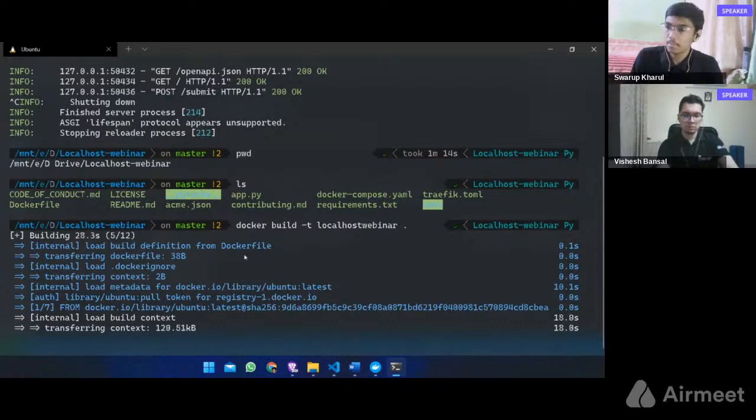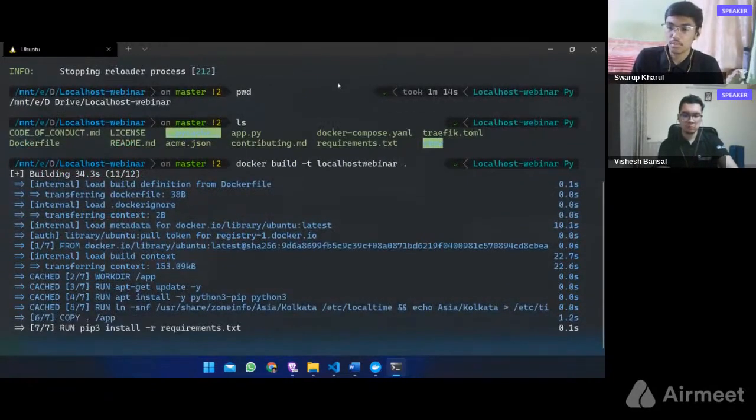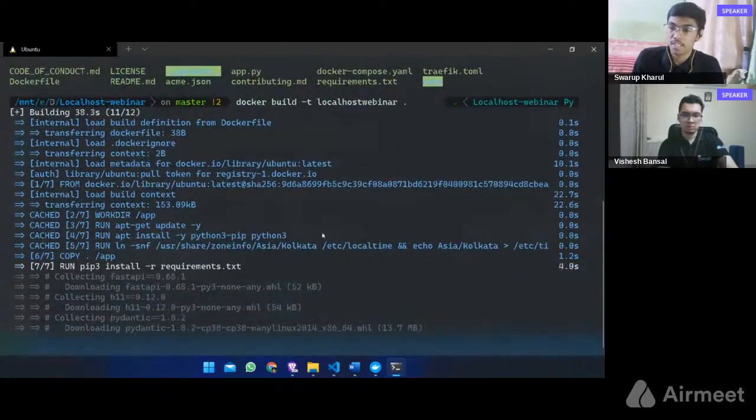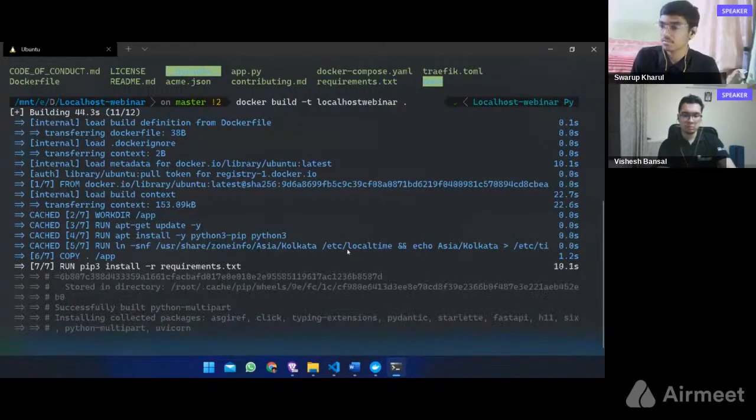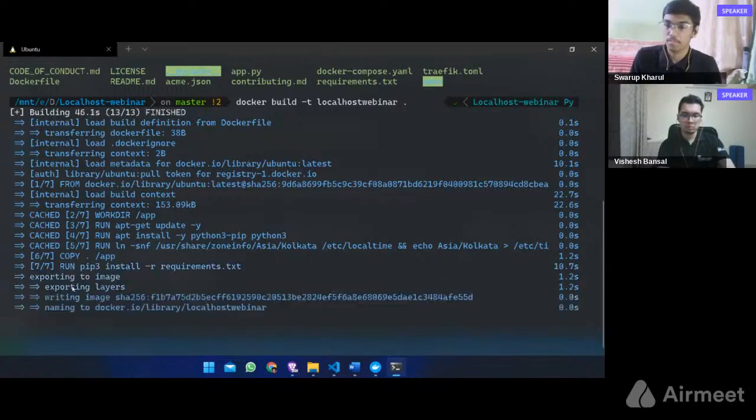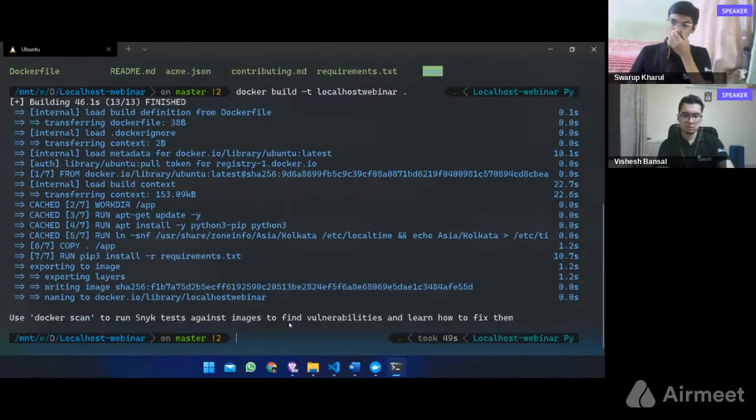I have already built this image, so it will take less time for me, but it may take 5 to 10 minutes for your machine, because it will be generating the image from scratch. For me, it will take the cached version of my old image. Okay, now it's almost done. Okay, cool. Now we have generated an image.